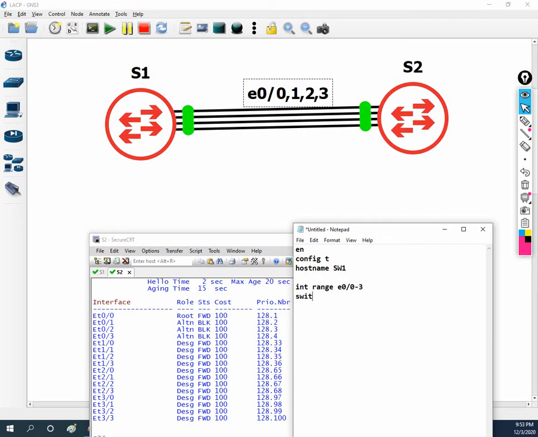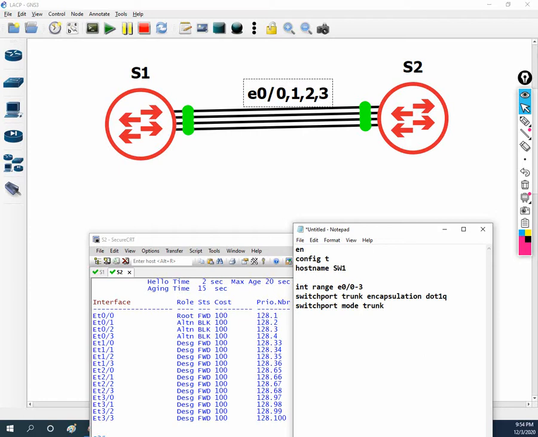Then I will write switchport trunk encapsulation dot1q. Why am I using it? Because we are using a layer 3 switch, so we need this command. Then we write switchport mode trunk. I hope you remember this: when we did the CCNA, we used switchport trunk encapsulation dot1q and switchport mode trunk to make the port a trunk. So this is the configuration for switch 1.